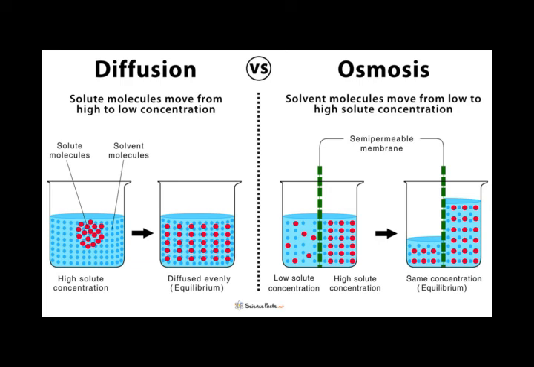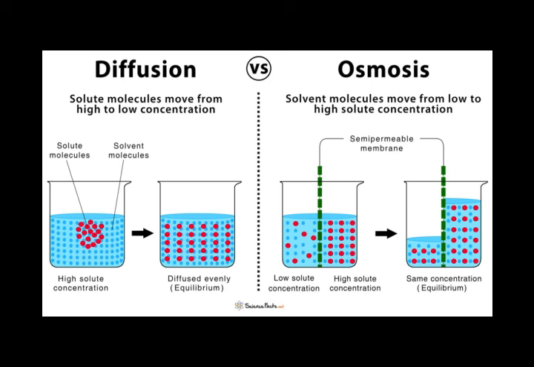Since the membrane is permeable only to water, the molecules of water will move from solution B to A. Do you get the point? There is a semi-permeable membrane and it is only permeable to water. It won't allow the sugar to pass. So the water molecules will move from solution B to solution A, because B was the dilute solution and A was the concentrated solution.